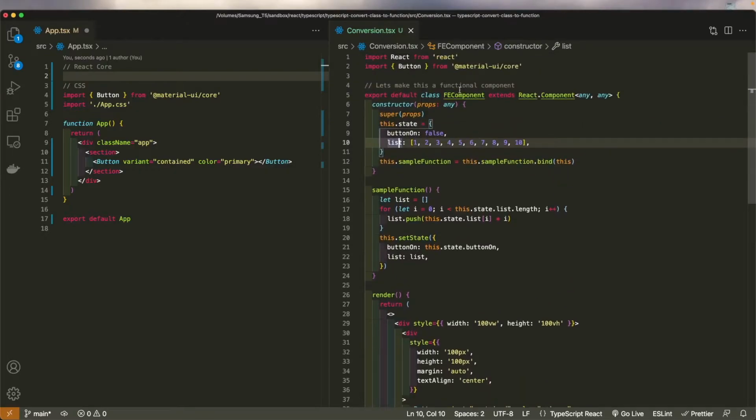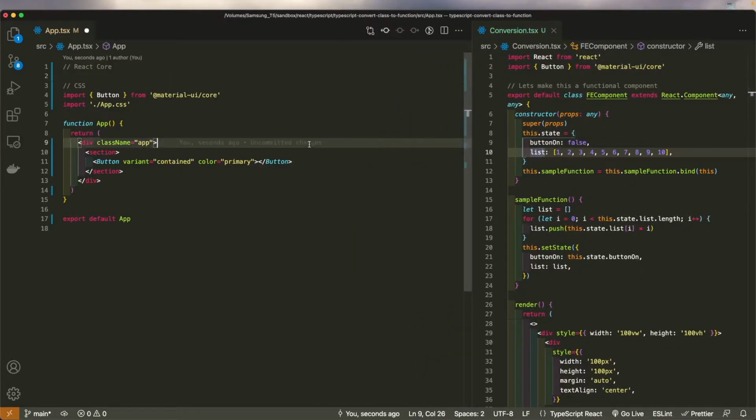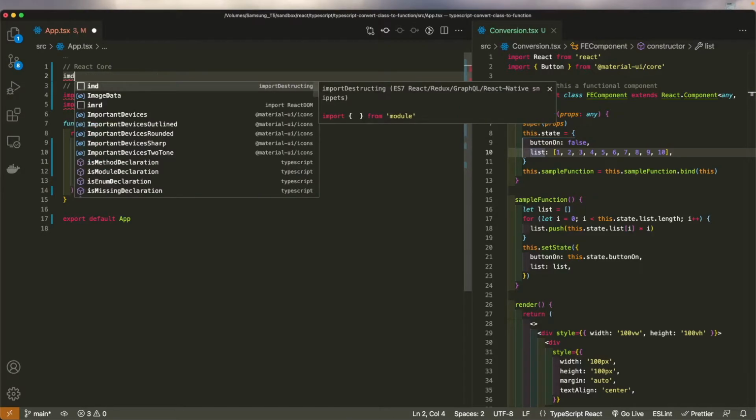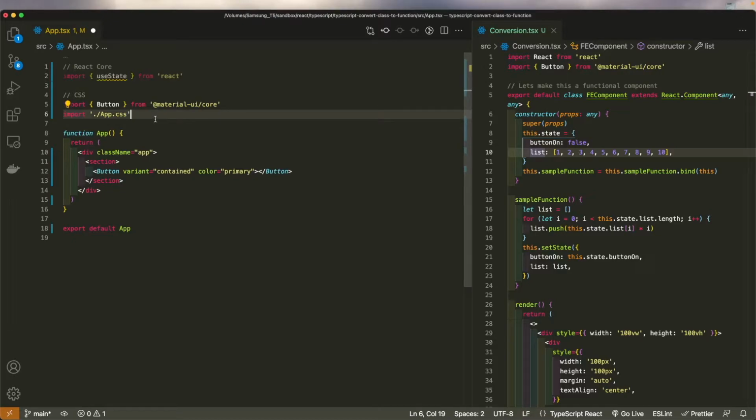And as you can see here, we're pulling in button from Material UI. Okay, so let's get started converting this over to a functional component using TypeScript. And we are also going to implement the logic to toggle the button. So I went ahead and imported useState from React Core. I like to group the CSS together. The CSS I have here is very simple,